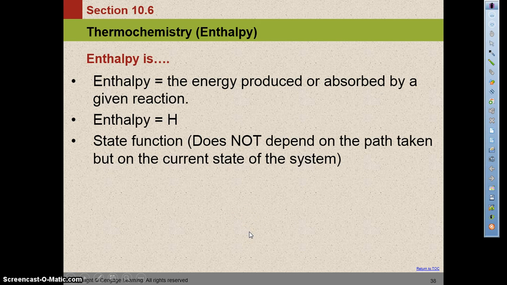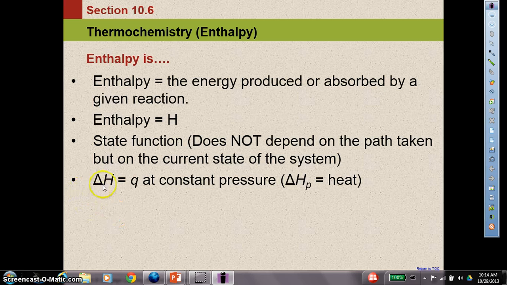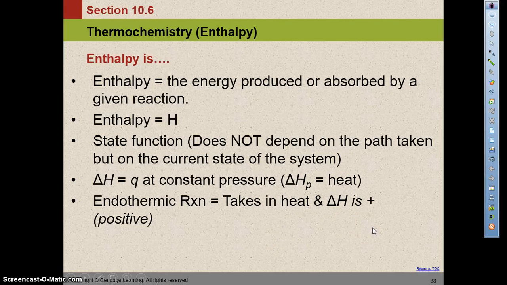state of the system. I know we've covered this before, but this symbol, triangle here, delta, means change in. So the change in enthalpy can be equal to the amount of heat, which is Q, as long as we're at constant pressure. So the change in enthalpy at a constant pressure is equal to the heat given off by the system or absorbed by the system, which brings us to looking at whether we have an endothermic or an